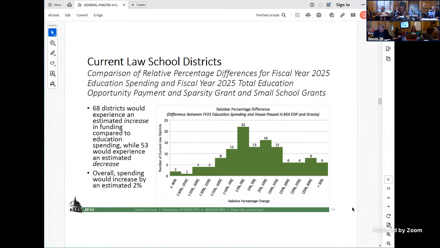If I may, I think I may understand the question that you're getting at, which is thinking about potential changes down the line, not necessarily captured here. H450, because H454 as passed by the House does not draw district boundaries, we do not know the future state of district boundaries.